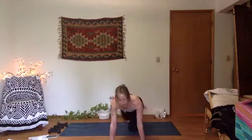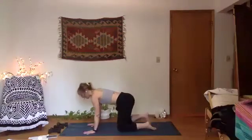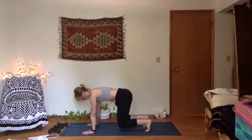3, tabletop in 2. And 1, tabletop pulse, tuck your toes, breath in, hover your knees, breath out. Press into your palms, the knuckles, hover your knees 1 inch off the ground. Keep a nice long spine for your tabletop. Engage your core. Hold right here and hold for 8,